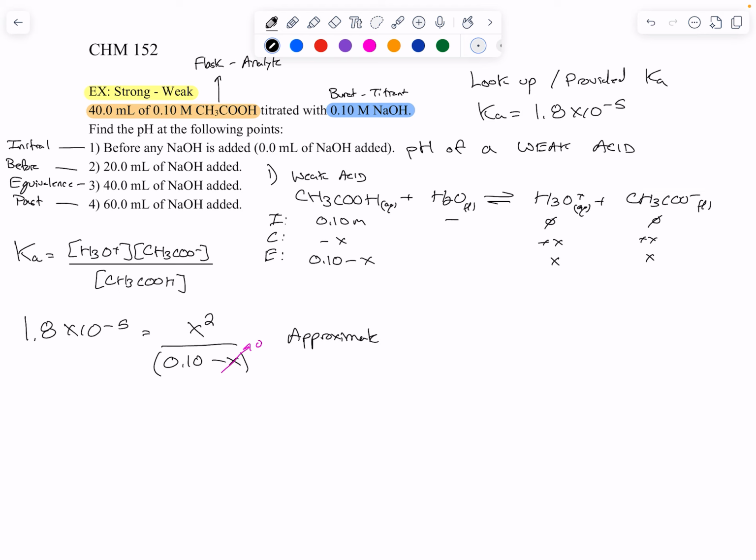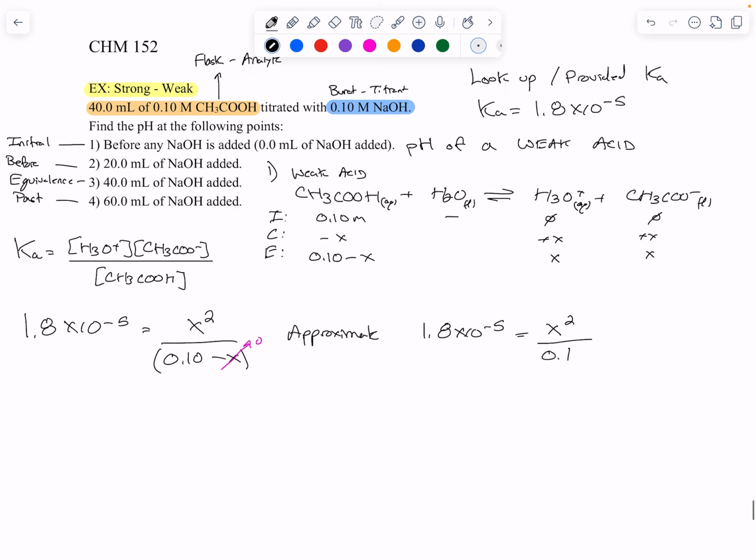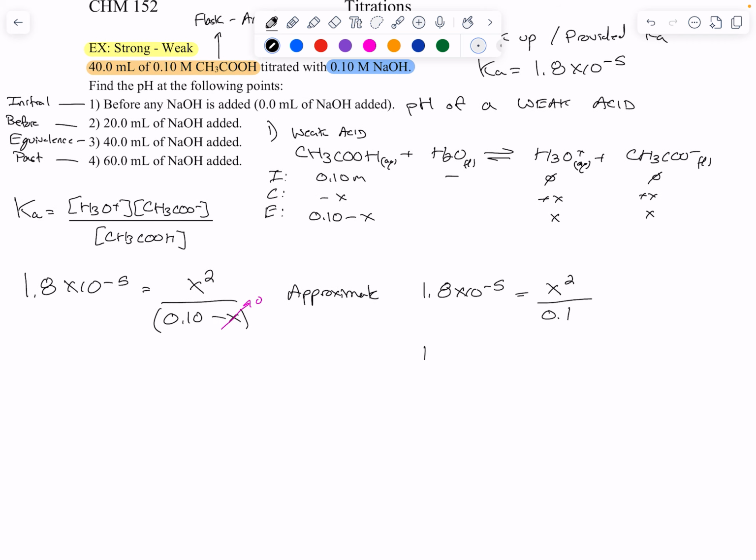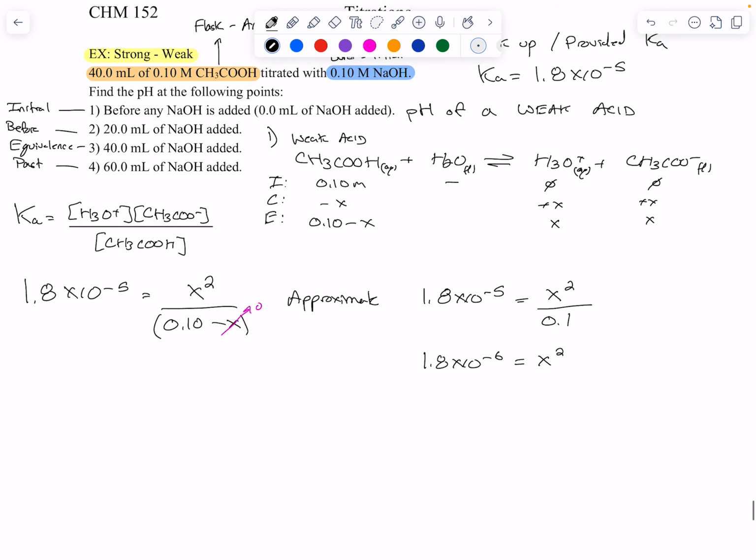So that means we get 1.8 times 10 to the negative 5 equals x squared all over 0.1. Or 1.8 times 10 to the negative 6 equals x squared. Which means if we take the square root, x, which is the concentration of hydronium, is